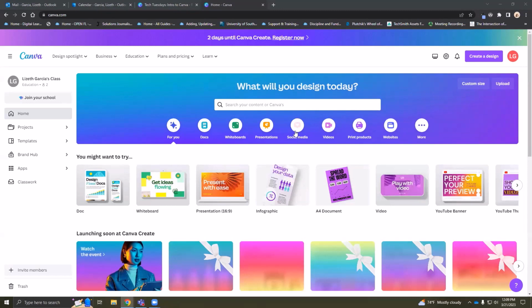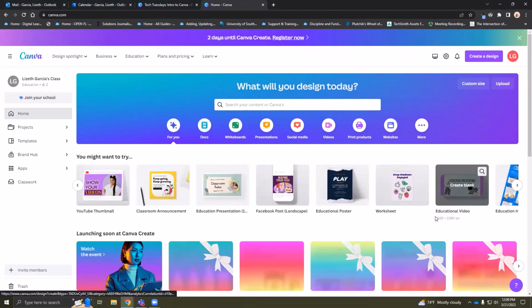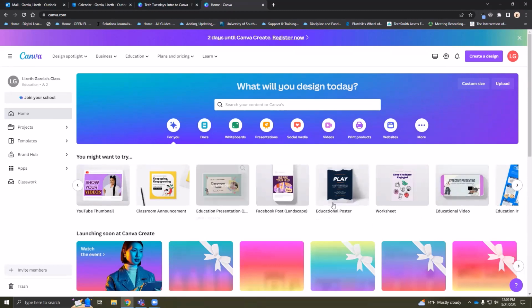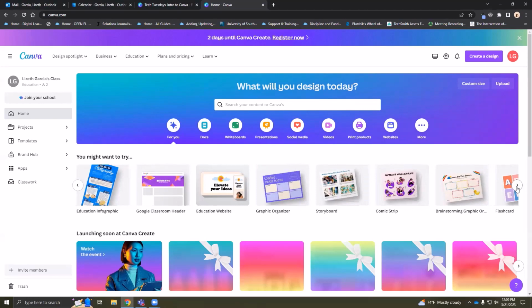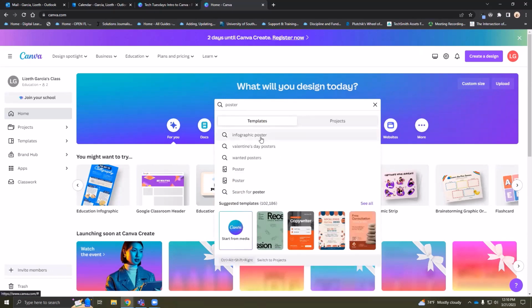So you can do a flyer on social media or a flyer that's printed, in actual print, and feature it at your work site. So you can create a poster or a social media poster online, a digital poster. Okay, so we can enter poster, right? And we can see, would you like an infographic poster, and then different featured posters here, 18 by 24 or 24 by 18. We can click on that